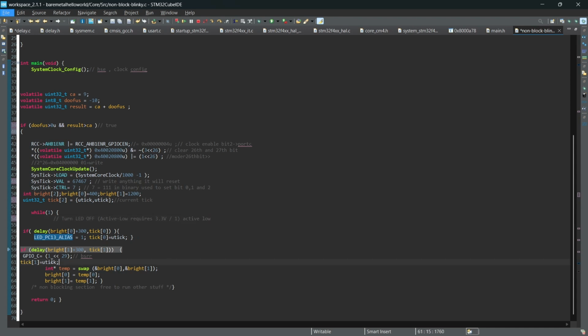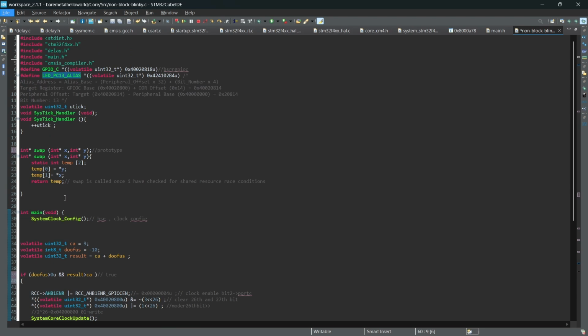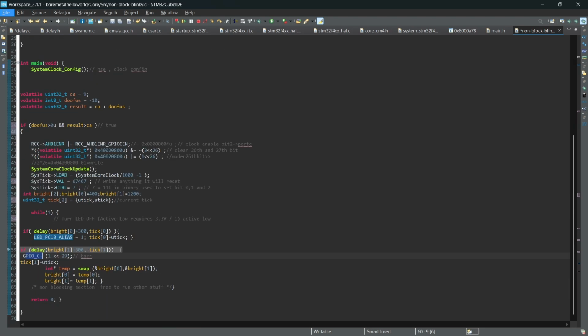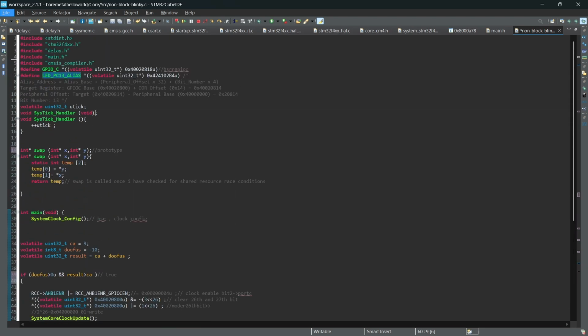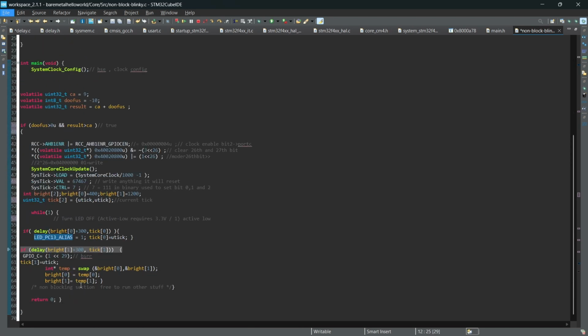To turn it off or turn it on, we are using this bit-banding alias addressing. And here we are using the bit set reset register.